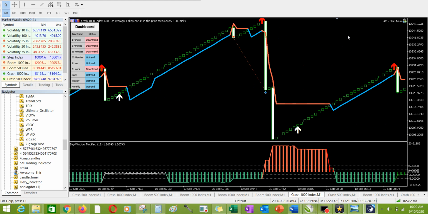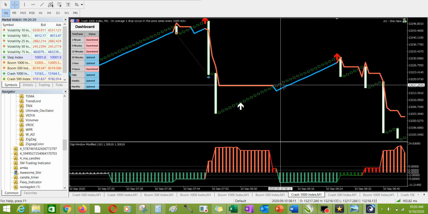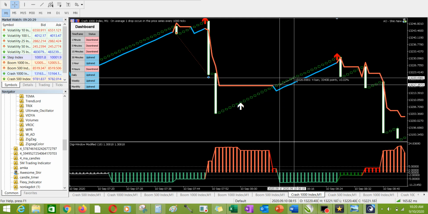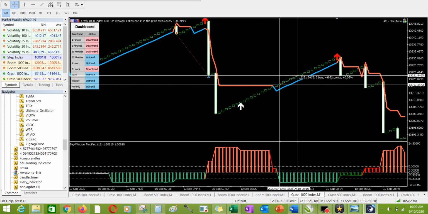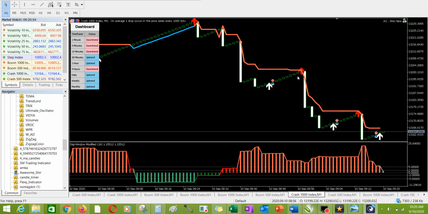It is something you will love to do if you are using the Crusher indicator. You just need to be patient enough, wait for the signal to come up and pick up your candles, exit at the next resistance level or once the exit arrow pops out. This is giving you 5-minute candles. If you add everything together, already you will have gone more than 30 minutes of opportunity. The first one gave us 20, the second one gave us 15. That is 35 plus 5, that is 40 minutes